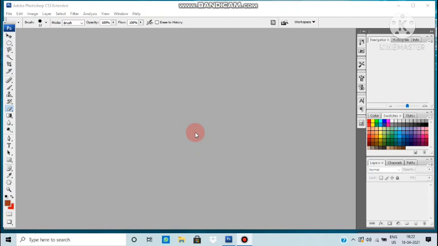Okay. Next, the tools which we are going to discuss are the brush tool and pencil tool. With the brush tool, there are a few things you need to keep in mind, like the size of the brush, or pencil if you are using it. Sometimes you need a thick line, sometimes a very thin line. Sometimes the brush size should be very thick, sometimes thin.